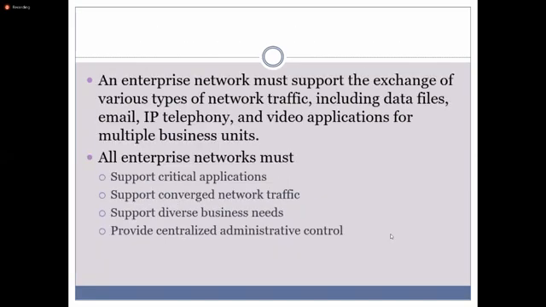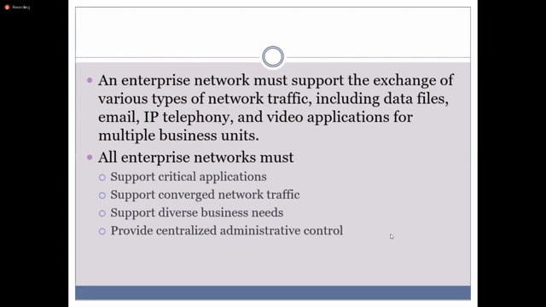The enterprise network must support the exchange of various types of network traffic, including data files, emails, IP telephony, that means PABX, and video applications for multiple businesses. So you all know about this. All enterprise networks must support critical applications.